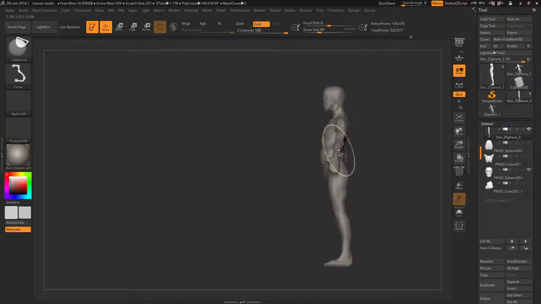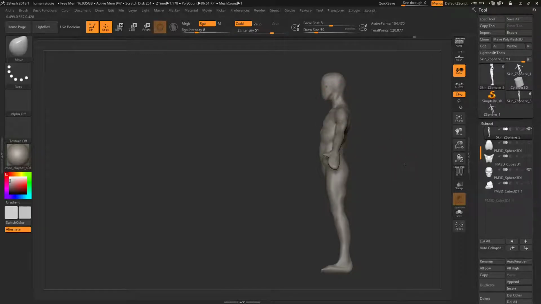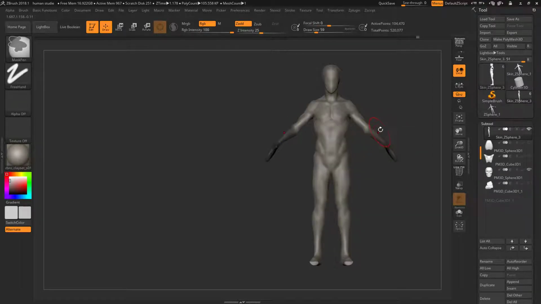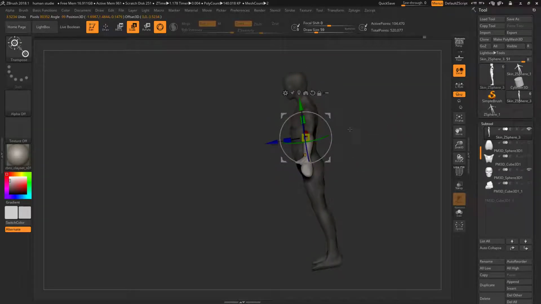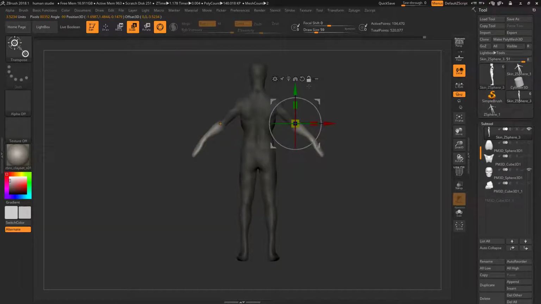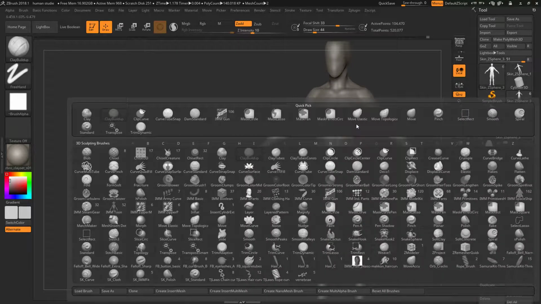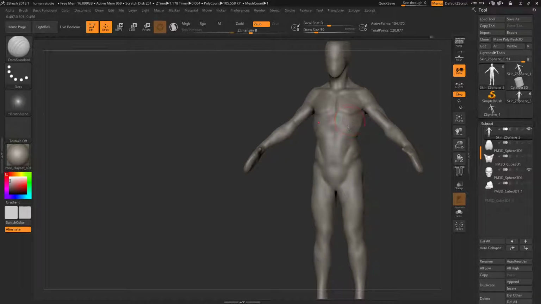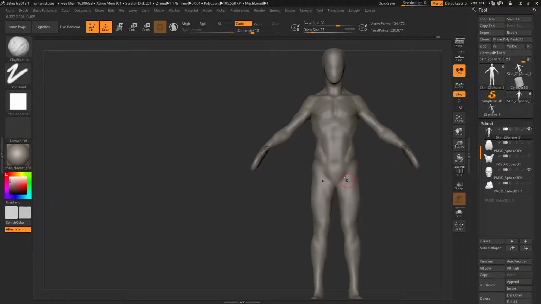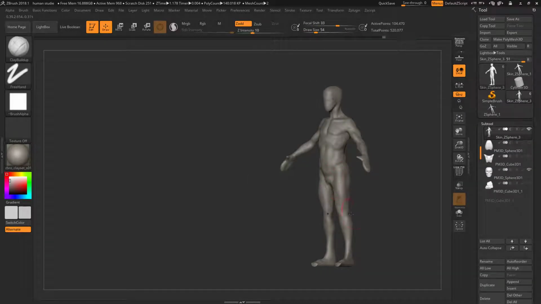This arc is kind of insane, so let's hide that. I think I put too much gesture. I'm going to relax the arms. Okay, something like that. Trying to put the stuff in, and then